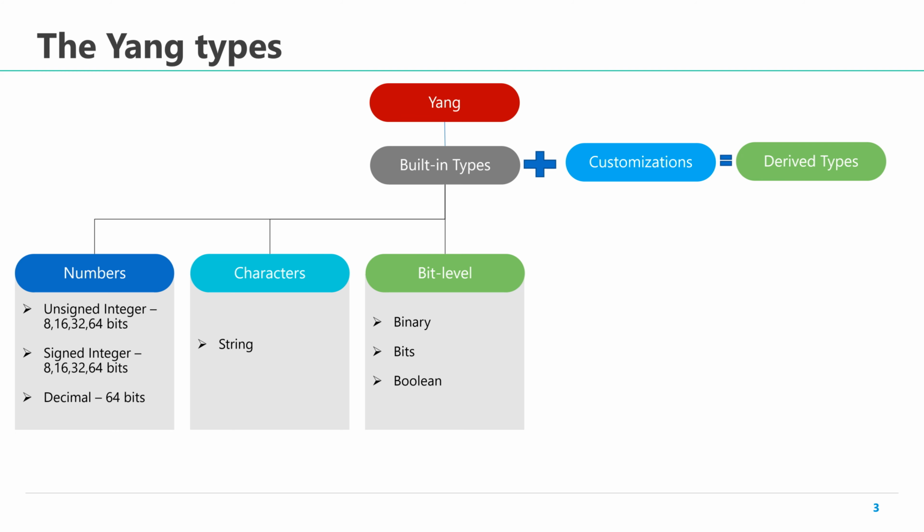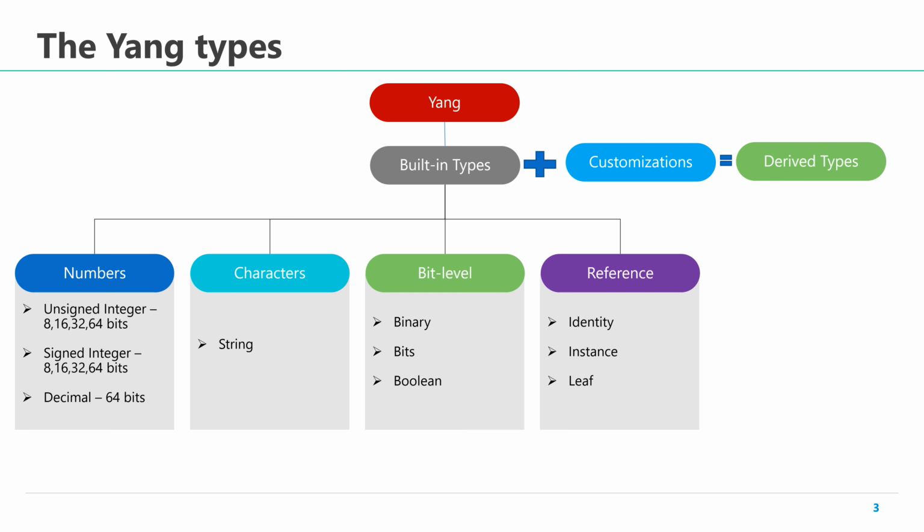The next category of built-in types can be called bit level data types. These are data types that help defining data models, especially for networking, where bit level operations are useful. So the data types can help define every bit of a byte and associate a name with it and use it for a practical application.